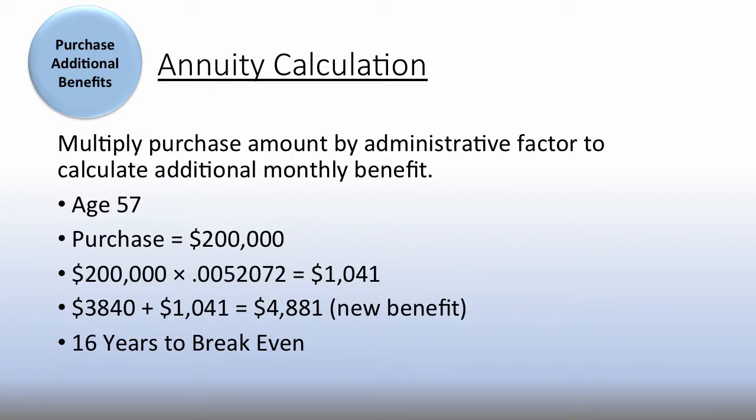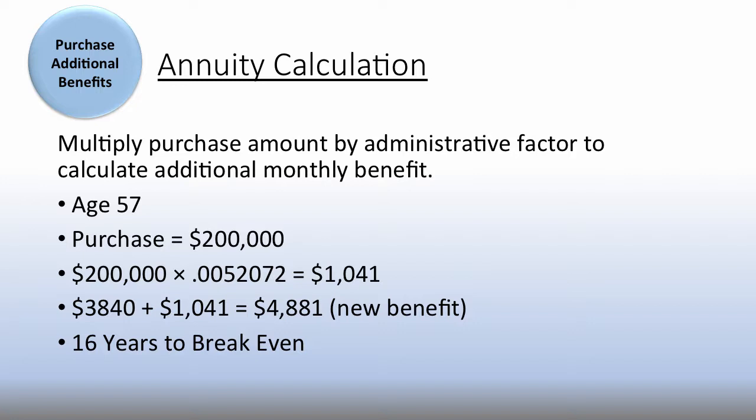So let me show you fundamentally how they work. I'll show you how both work. I'm going to show you that they're mathematically equivalent, because a lot of people say, should I take an annuity or should I use the service credit purchase? Mathematically, it doesn't matter. There's a couple of differences I'll talk about that may sway which one you use. Mathematically, though, dollar for dollar on the benefit side, they're exactly the same.